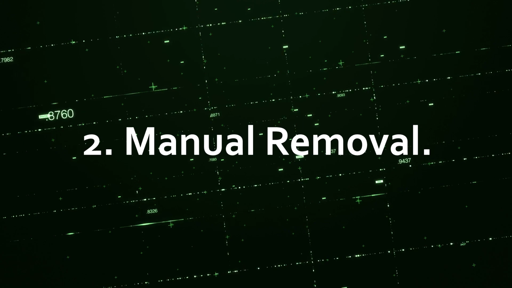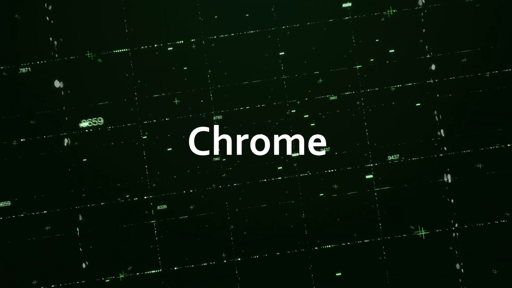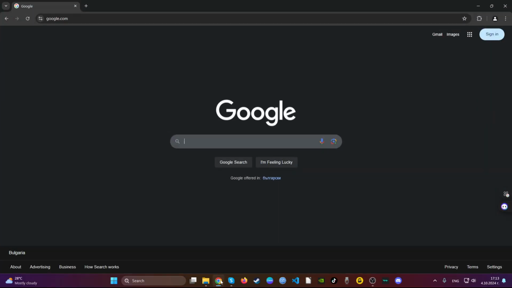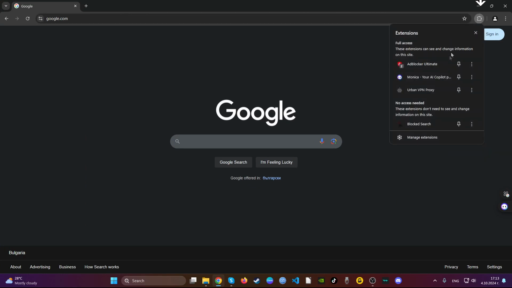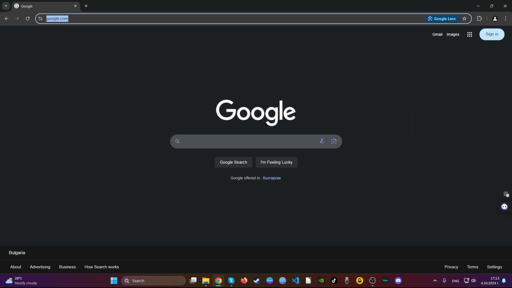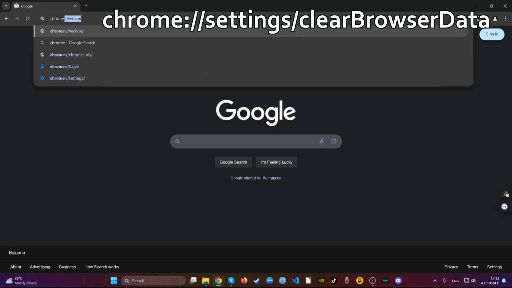For the manual removal, we will start with the web browser Google Chrome. Open Google Chrome and then navigate to the top right corner where it says extensions. Then choose the extension that you find suspicious and then remove it. Then go ahead to the address bar and then type Chrome settings